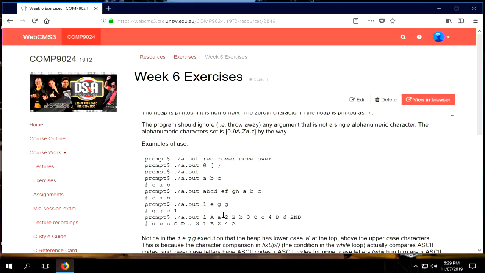And that should immediately raise in your head, we've had this before: what does it do in fix-up when it has to build a heap from characters which are digits, as against lowercase, as against uppercase? How does it compare a little a and a big A, or a 1 and a little a, or 1 and Z, big Z and little a? How does it do comparison? Well, it uses, and that's why I've got it down here, just to make sure you're aware of this, and don't forget it,